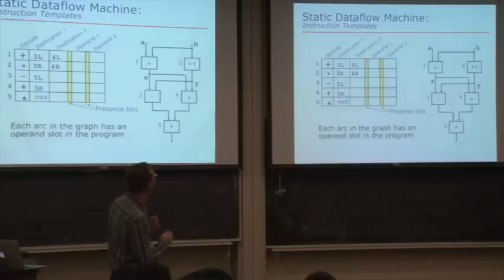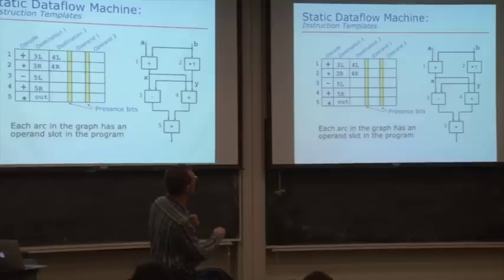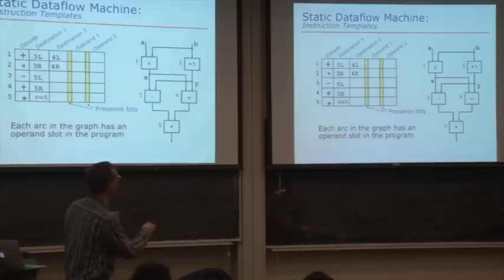Okay, I guess we don't simulate it here. But these present bits are set when both tokens are present. And this instruction can now execute. There's some logic that determines if both of them are present. And that instruction executes. When it executes, it basically appends its value to these destination identifiers, forms a token, and sends it to the destination instruction.